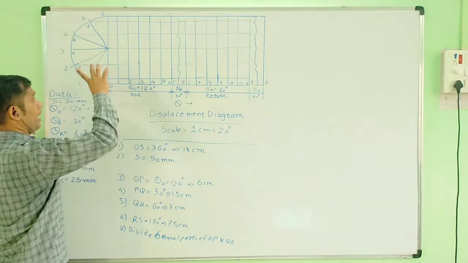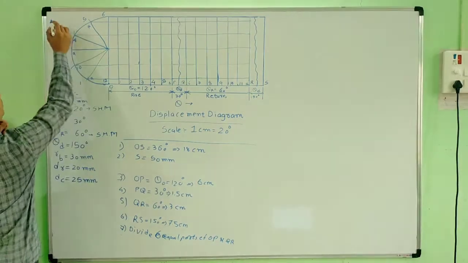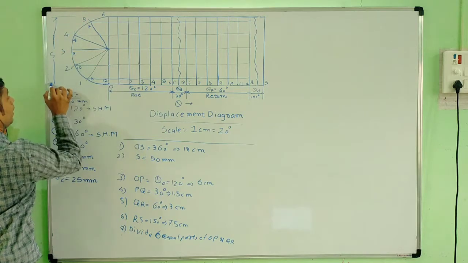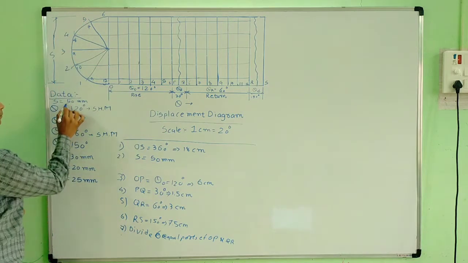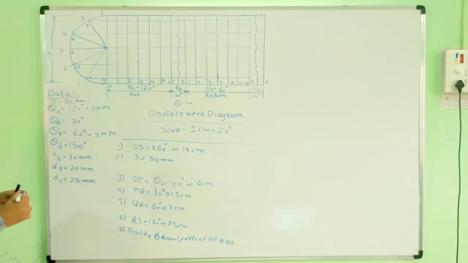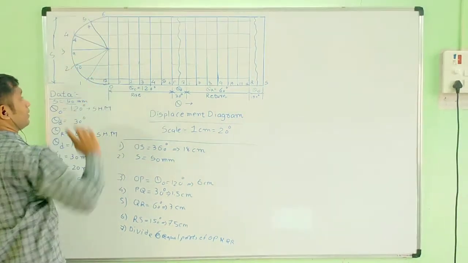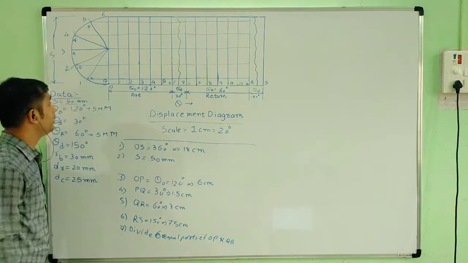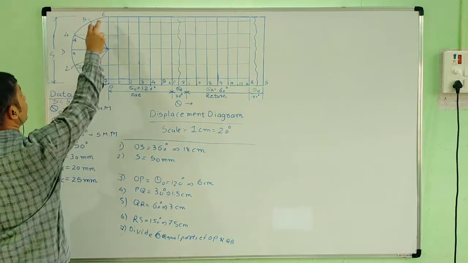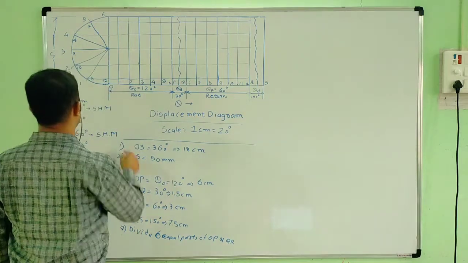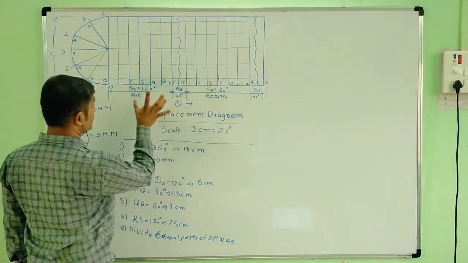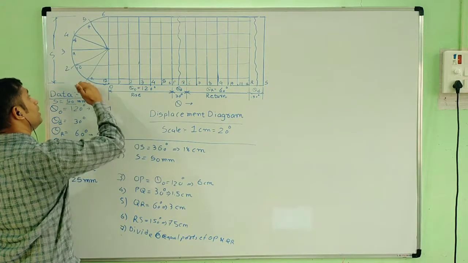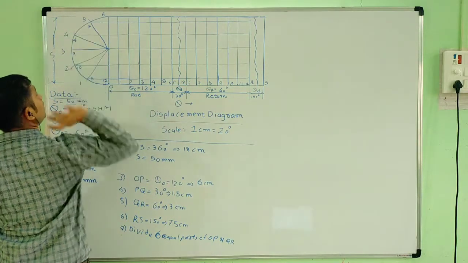Okay, what do we have? First of all, S is the lift of the follower, S is 50 mm. So make a semicircle. Then divide into 6 equal parts. Then label the names 1 2 3 4 5 6 up to 12. Then from point 1 draw a horizontal line which is parallel to OS. Same, repeat this process from point 2, 3, 4, 5 and 6.